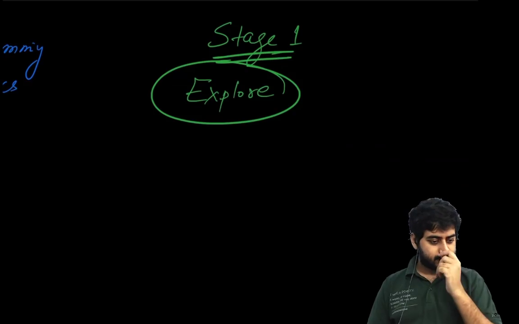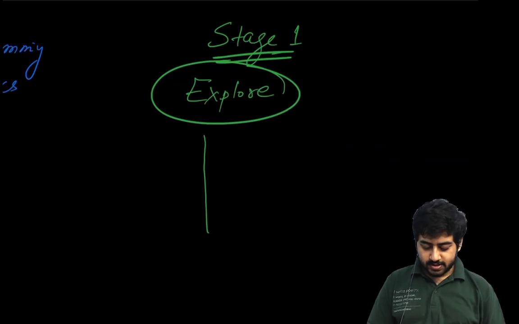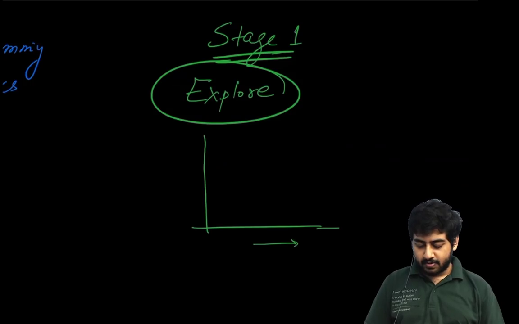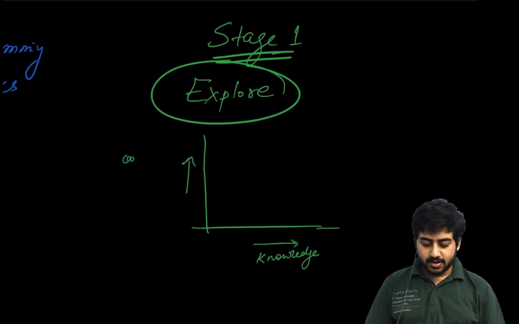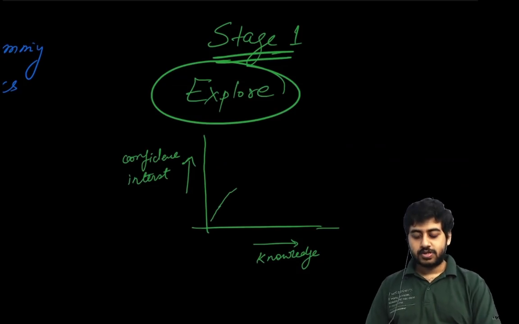I think I'm forgetting the name for this, the name of the curve, which is the Dunning-Kruger effect. No, so basically, if you map the amount of knowledge that you have about something, and if you map the confidence that you really know that thing, then what happens is you pick up something and you start learning, and then your confidence and your interest in that field, all of these things, they start increasing. Okay, and they start increasing, and then you reach a point where after which you start learning more about that